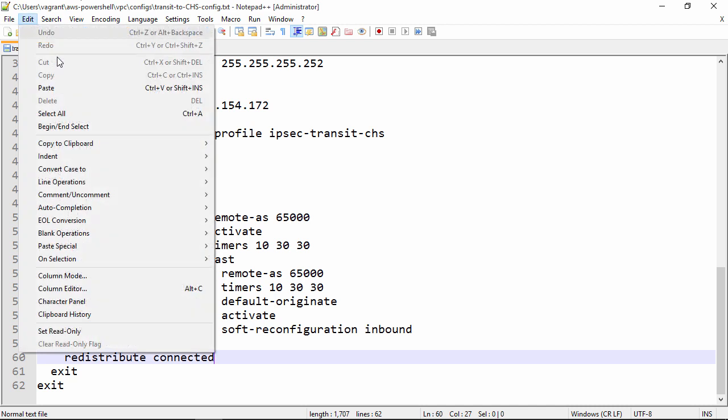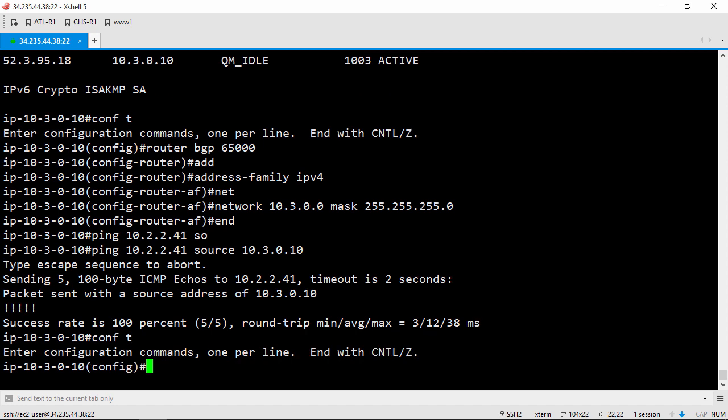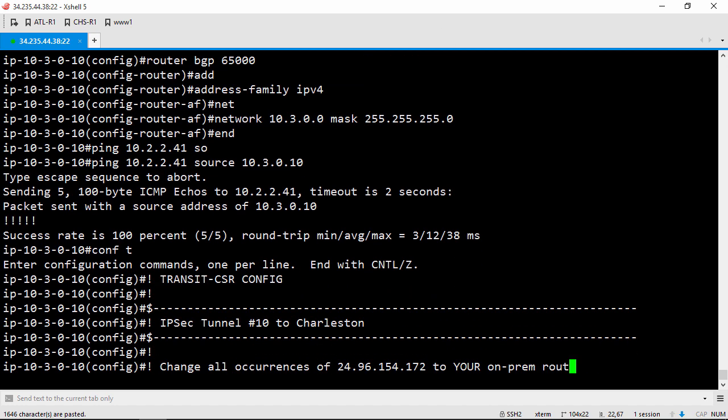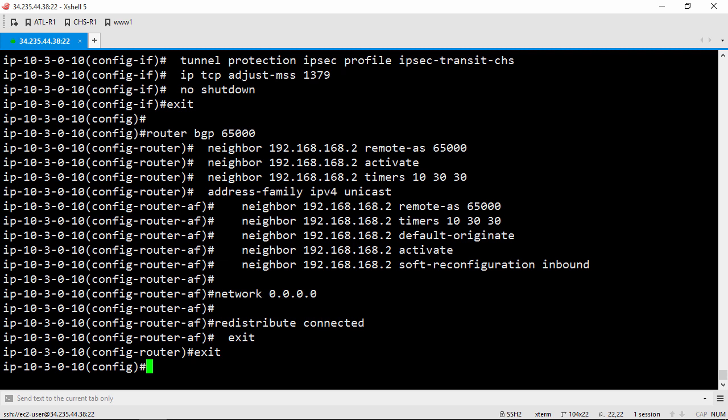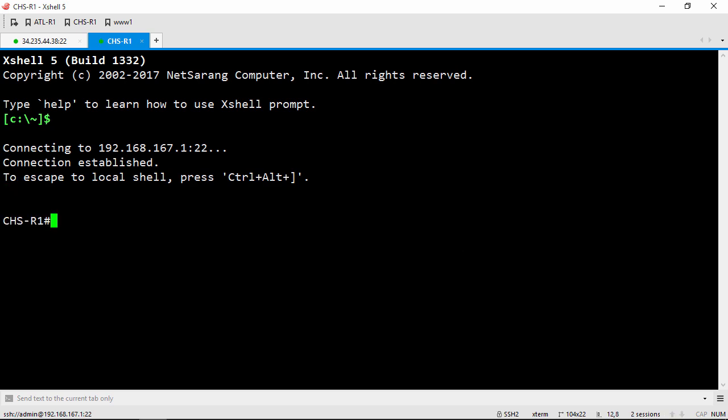Go ahead and select all here, and then copy. Now let's jump over to our SSH session with the transit CSR. I'm going to go back into configure terminal mode, and then I'm just going to go ahead and paste this. Next, I'm going to open a SSH session with the Charleston router. And as you recall from the diagram, the name of this router is